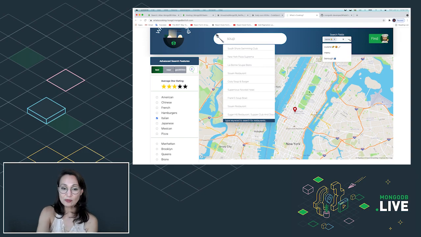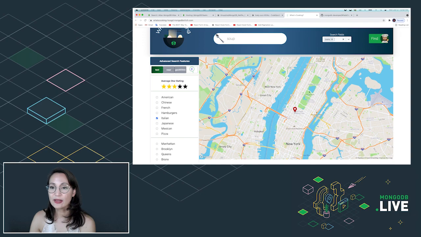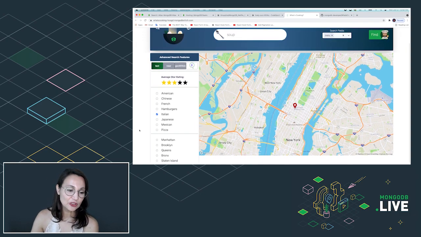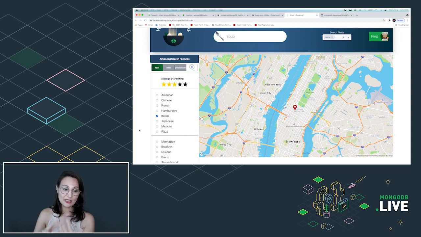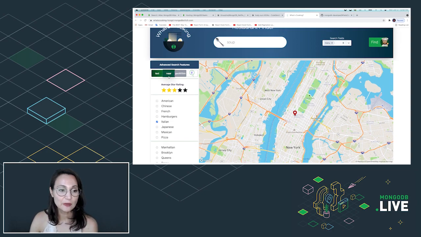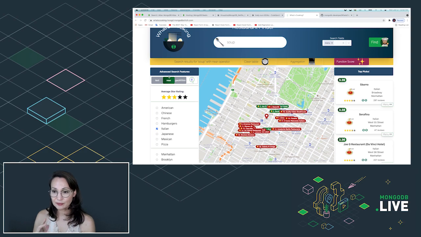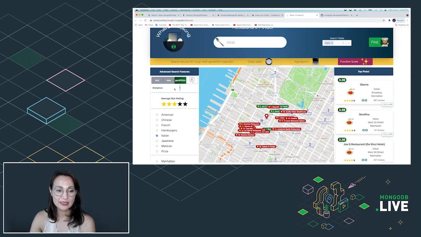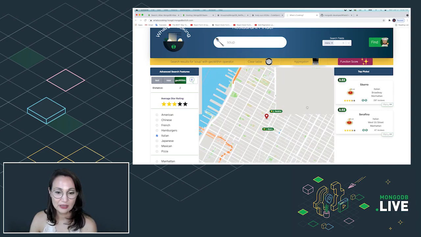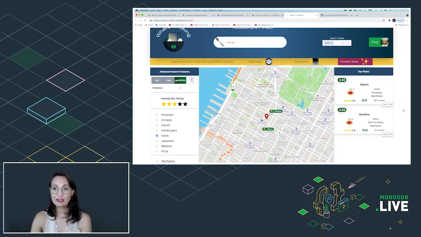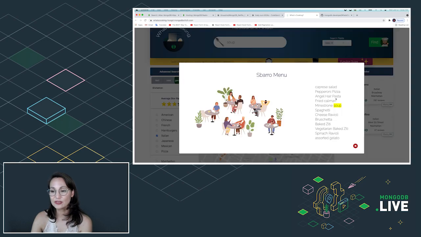So you can see I have autocomplete here if I'm searching across the title. If I want to do menu, I can do that. I can do all sorts of filters for the types of restaurants or for the boroughs, whatever. If I want to do GeoJSON, I'm going to look for that here across close to work. And if I want to make it even closer to work with GeoWithin, this is a sphere. So I get everything inside of there. And then you can see also if I open up menus, I have soup inside the menu and it's highlighted.